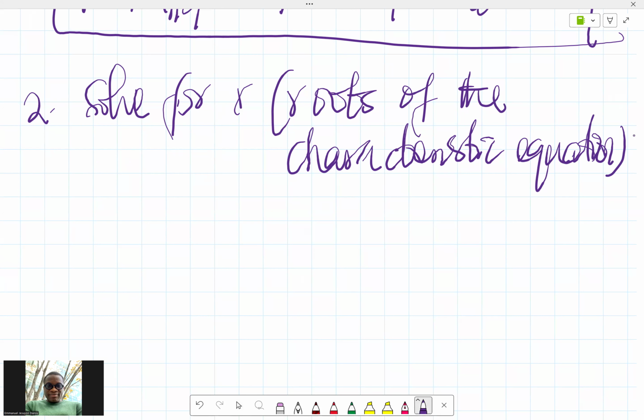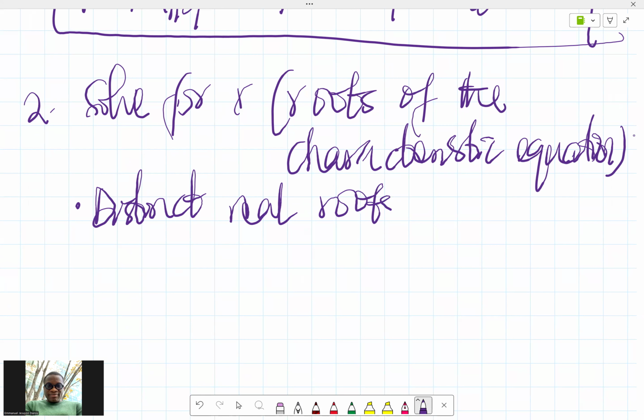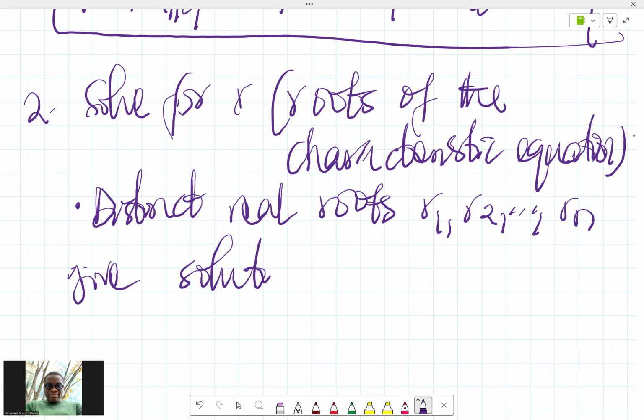So we say that distinct real roots r_1, r_2, up to r_n give solutions of the form